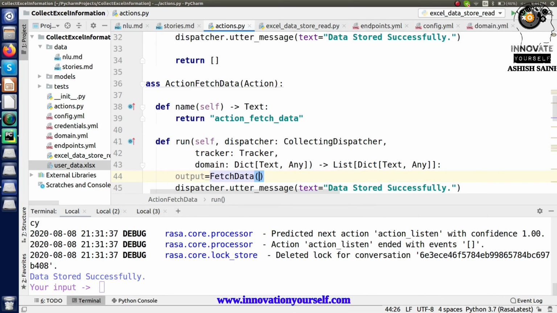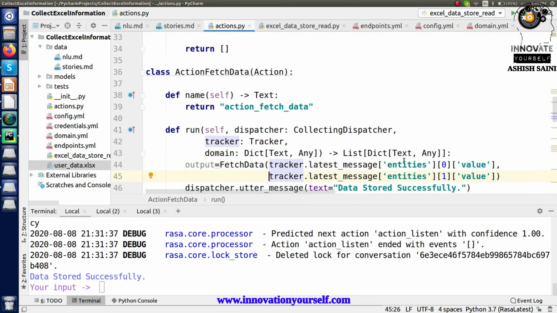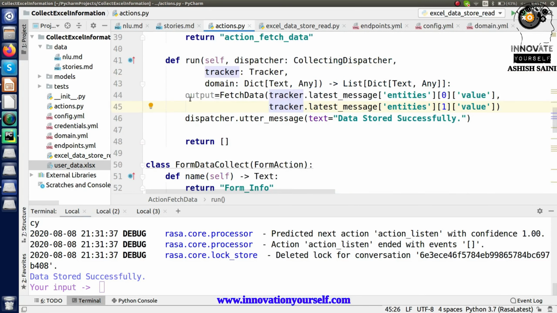So we can get it from this tracker dot. Alright, so here what we are doing is we are just passing the two values. First one will be coming from here, second one will be coming from the second one, right? So these are the two entities which I have passed in here. So now I am having this output. So you just have to copy this output, or let's say whatever output you will get, you have to just display it on the front end part, right?